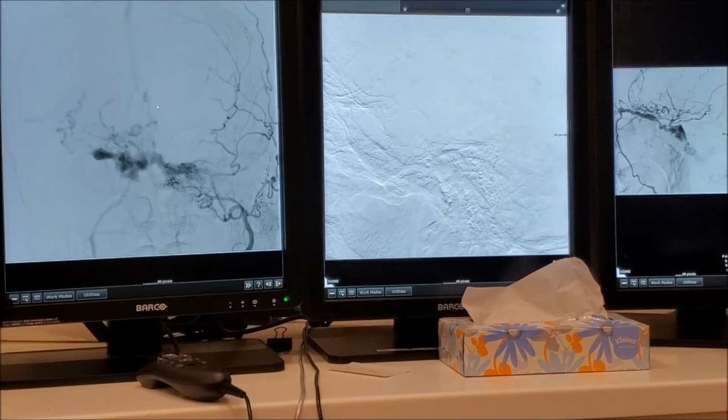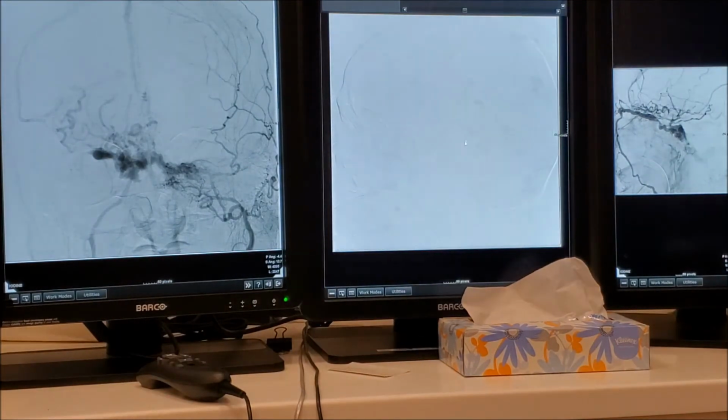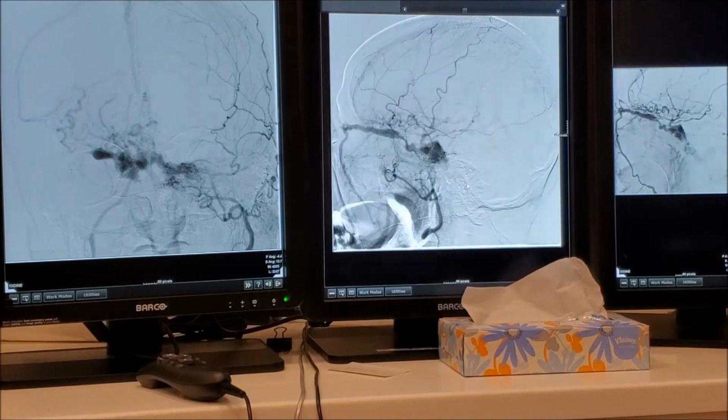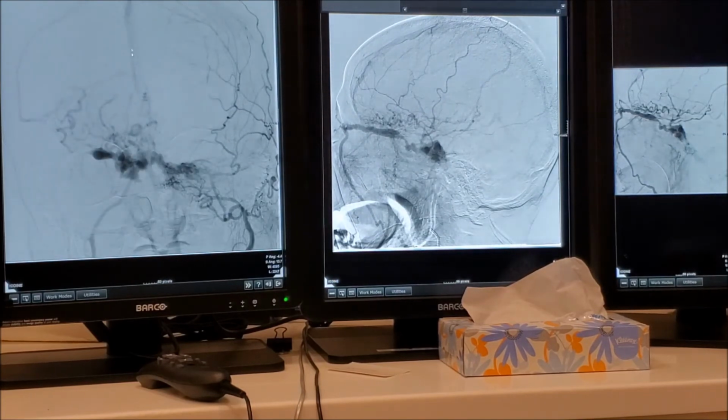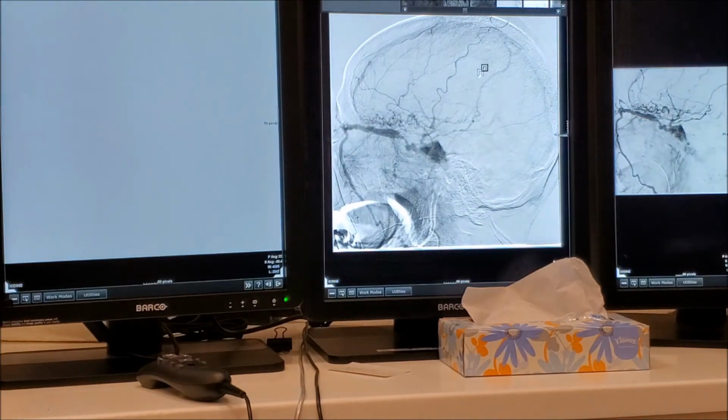This one was one less magnified, so I was a little puzzled. I wasn't sure why the superior sagittal sinus was opacified. Definitely this vein is this vein here, but I wasn't clear how the superior sagittal sinus is opacified. There was some schmutz up here, and I thought it was filling more like that. This injection is a little clearer. Okay.